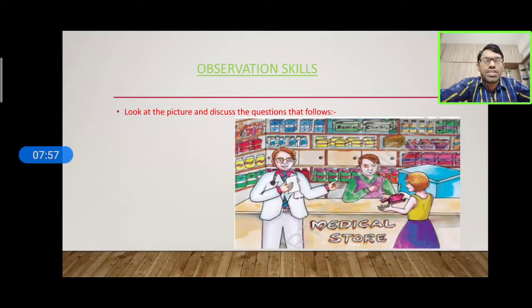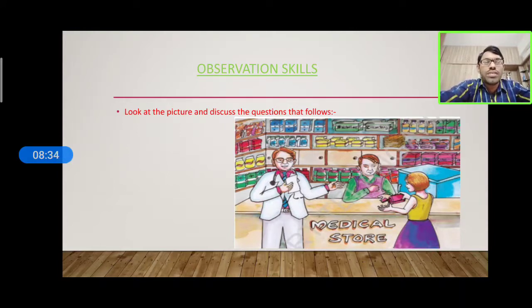What is there in his hand? There is a paper in his hand. Can you guess what that paper is? It is a doctor's prescription. He is saying to give those types of tablets to that girl. So the person in a white coat, holding the prescription in his hand, is a doctor.